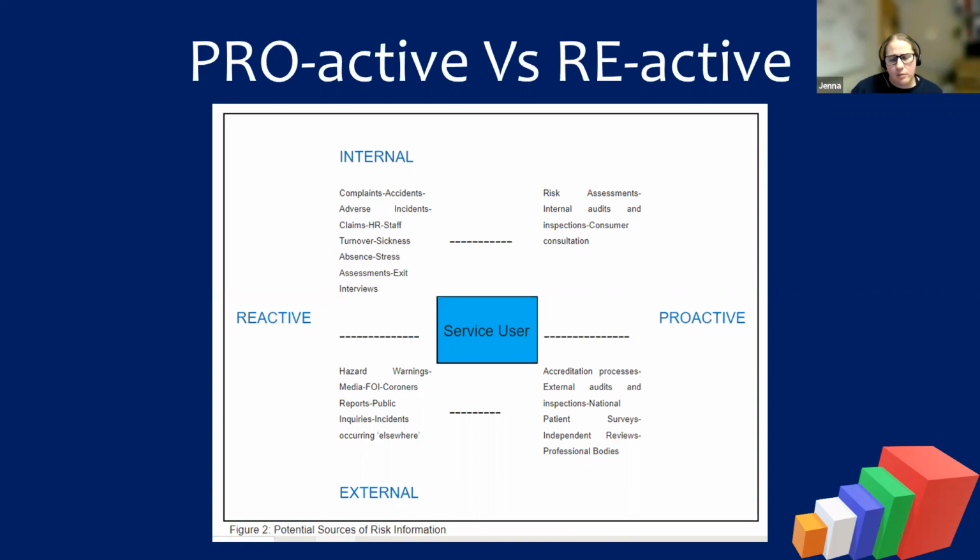And then when we're talking about the proactive element, we can think about accreditation processes. In Wales, we have HIW, the Health Inspectorate Wales, and I know in England they've got the Care Quality Commission.